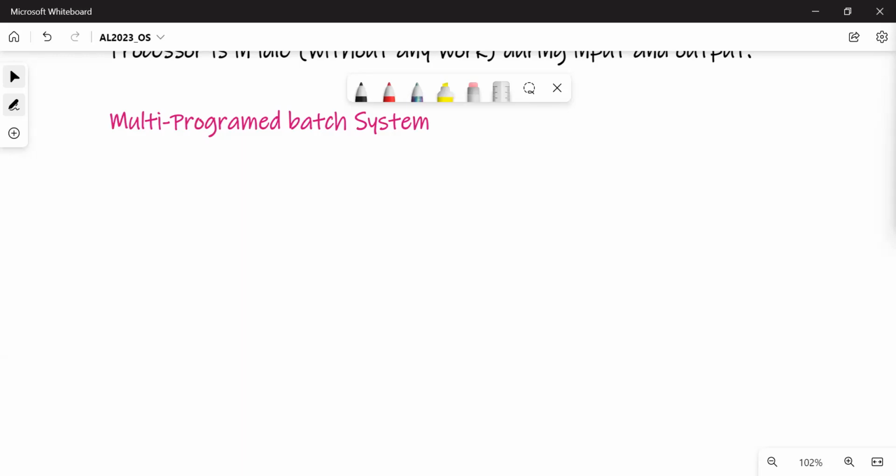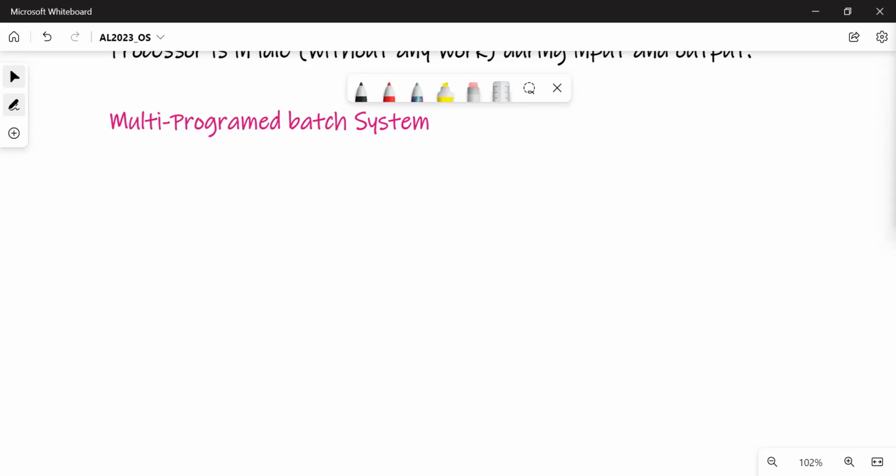So in the multi-program batch system, they are trying to minimize this, right? So what they did, they actually divided the memory. In the memory, they were holding multiple programs, right? So that's how they handled it. In the early case, they would take one program at a time.